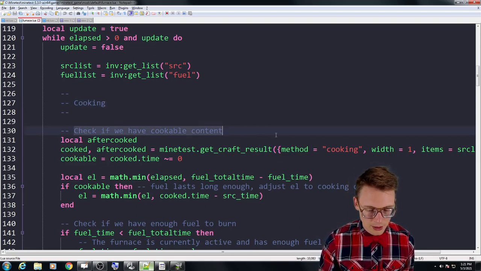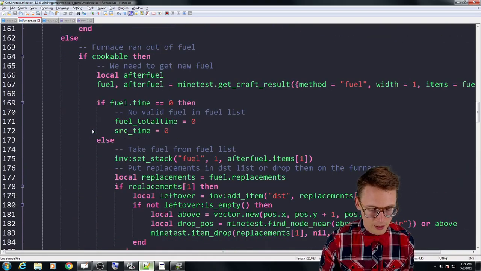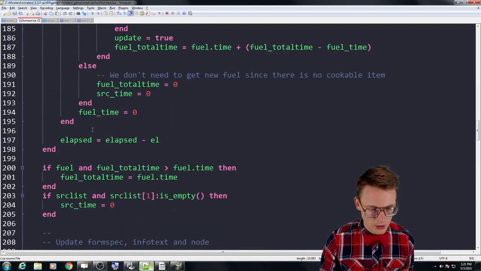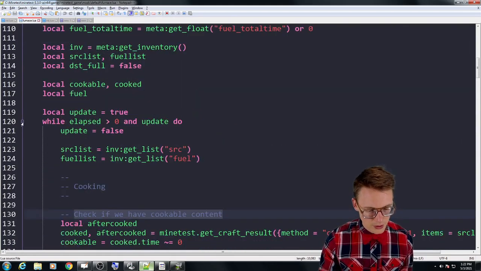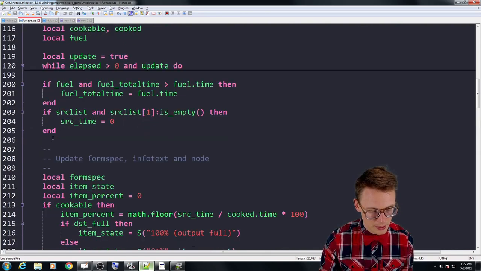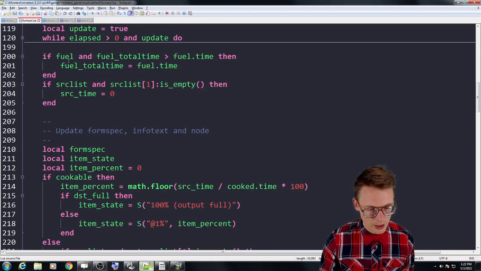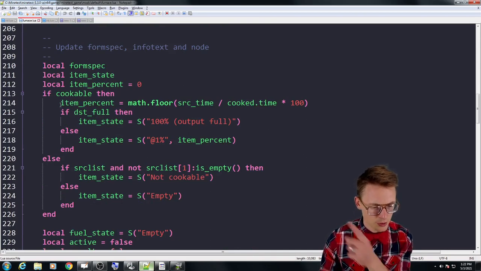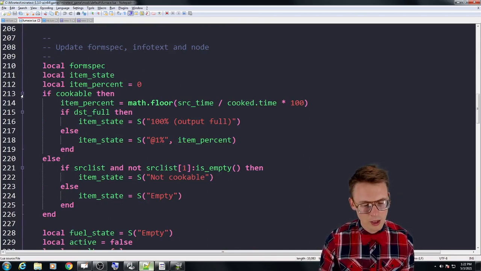So then, it's going through and doing all kinds of stuff, and I think that more than likely, so here's the while loop, and if I minimize this, then that brings us out and kind of into a different section where it's setting fuel time and various information and writing it to that node for future reference. I see also they're doing some